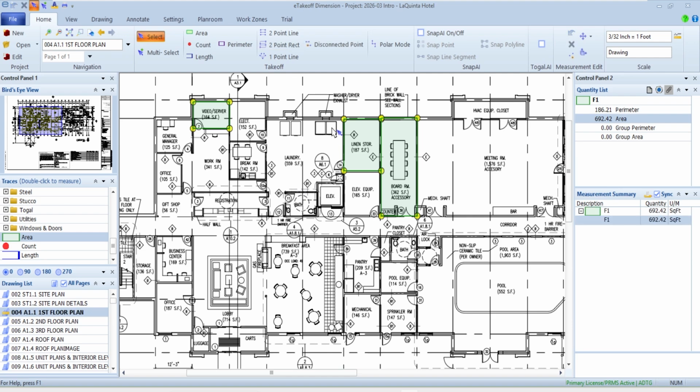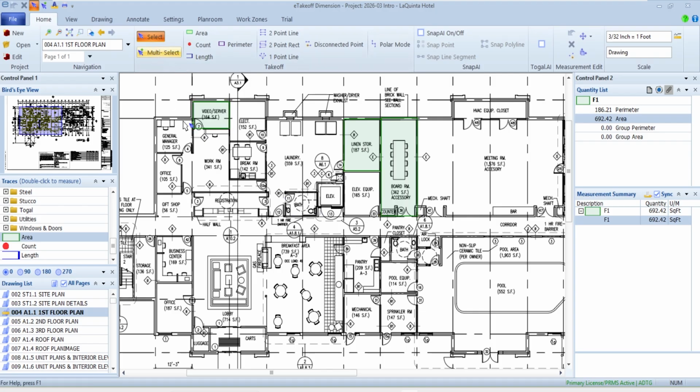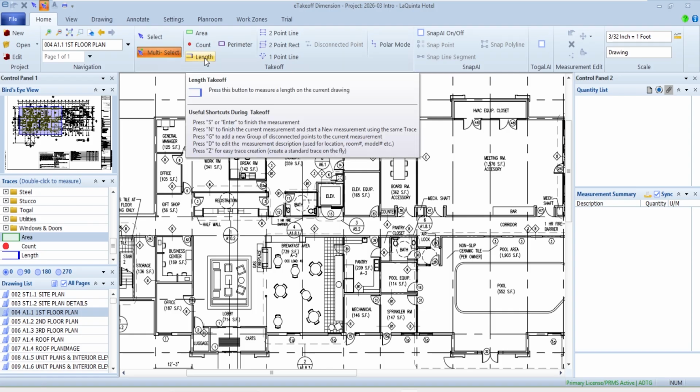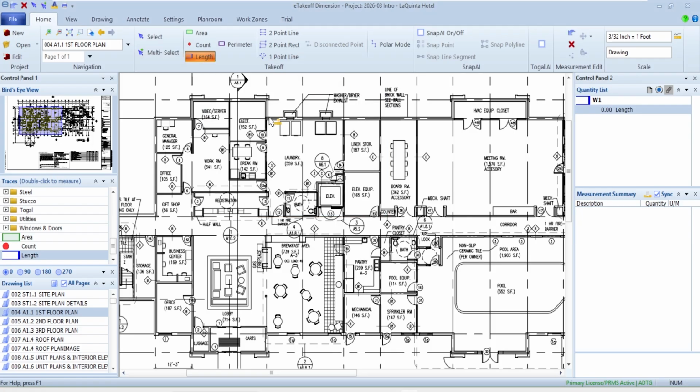The next thing I want to take a look at as we're going down through doing takeoff, and I'm just going to wipe these out so I can focus on each one at the moment. As we're going through doing linears, as I go across, I could go up and down and left and right.